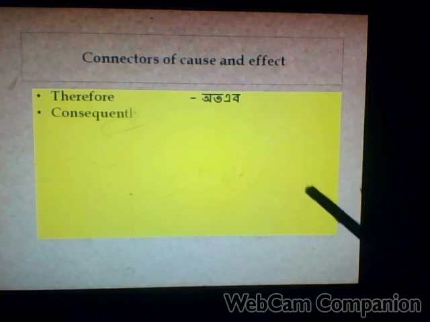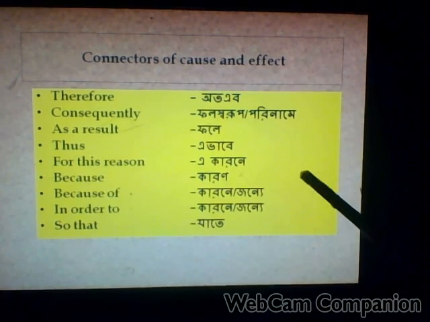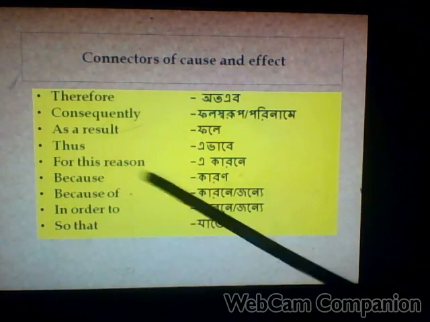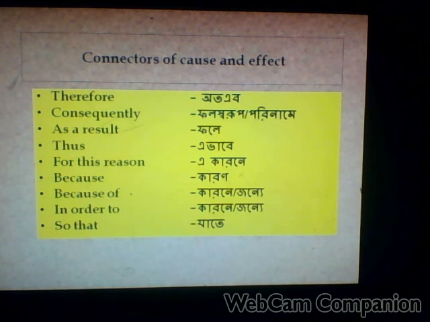Connectors of cause and effect. Cause এবং effect জাতীয় connectors, therefore অতএব, consequently ফলস্বরূপ, পরিণামে, as a result ফলে, thus এইভাবে, for this reason কারণে, because কারণে, because of কারণে, in order to কারণে, so that যাতে।